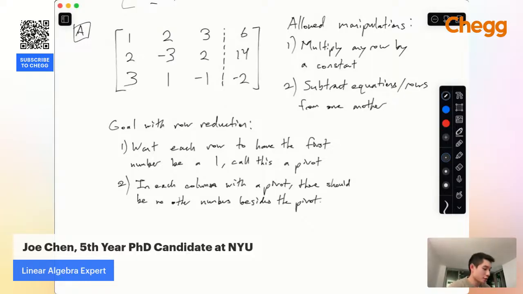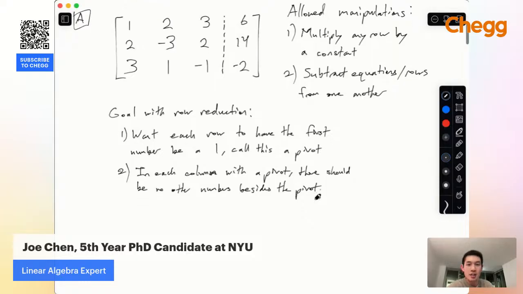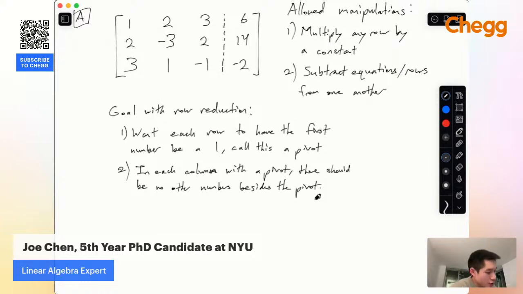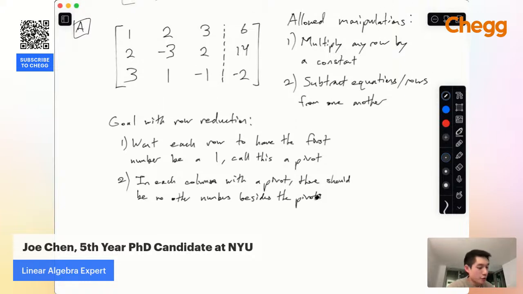Okay, so this may sound strange if you've never seen it before, but let's work it out with this example and we can see how it works. So in this matrix, I'm already starting off with the first row. It has a 1 in it. So there's nothing I need to do there. But